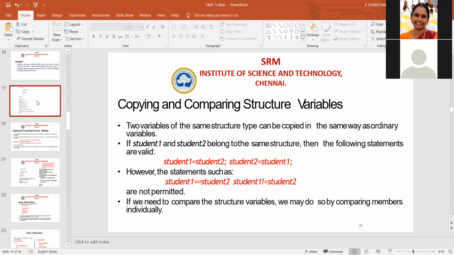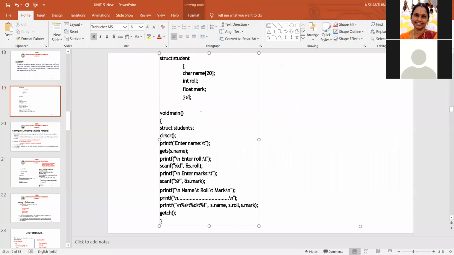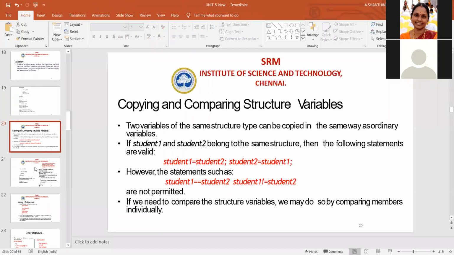So student 1 is one variable and student 2 is another variable. I cannot directly check the equivalence, and the same is true for student 2 and student 1. But I can check whether student 1 and student 2 are the same by checking whether the members of the structure are equal.